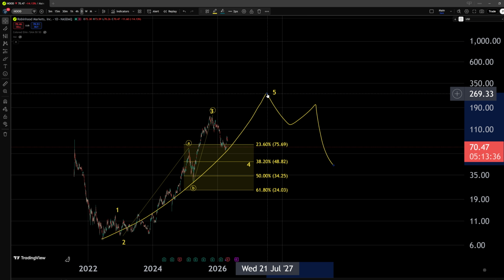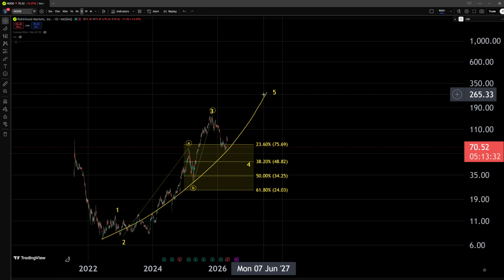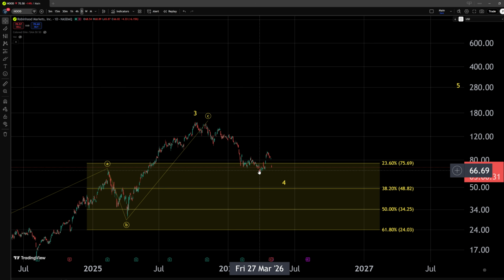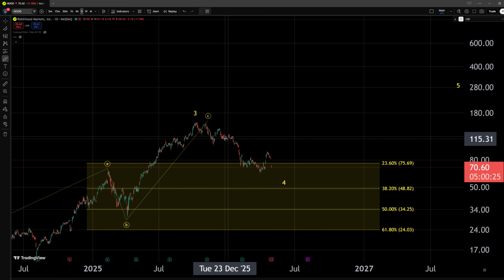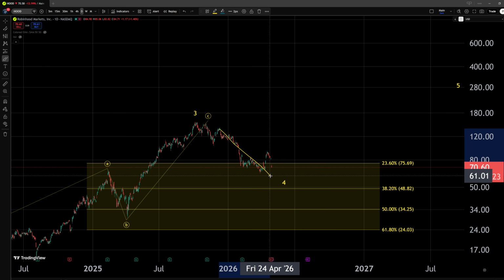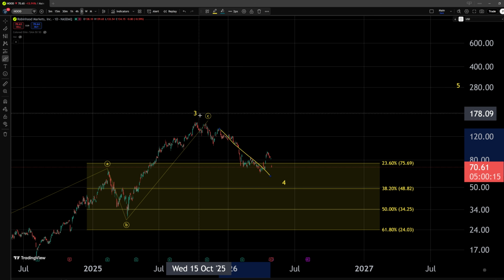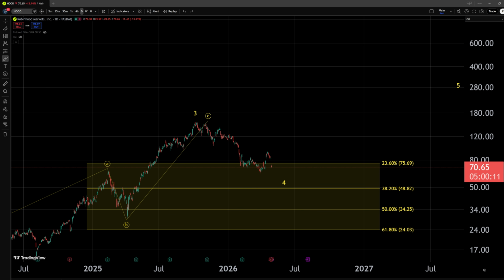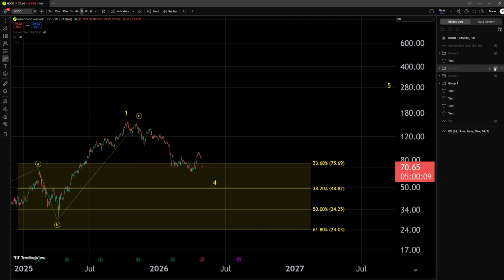Now, this is not the time to dream about the days where we have the confirmation in place, because we have yet to build it, and within this movement to the downside, we have been tracking a couple of options. We were looking for a potential impulse to be building internally within this structure. We were preferring even a possible extension within such a scenario,